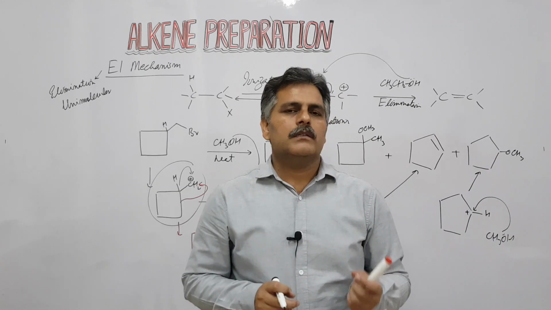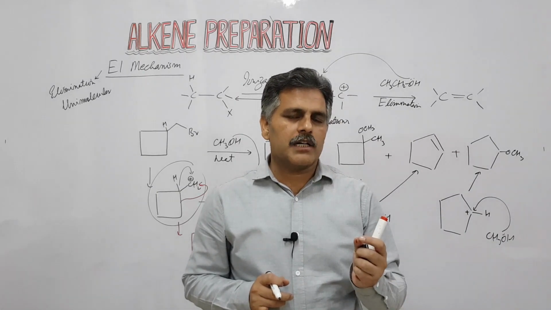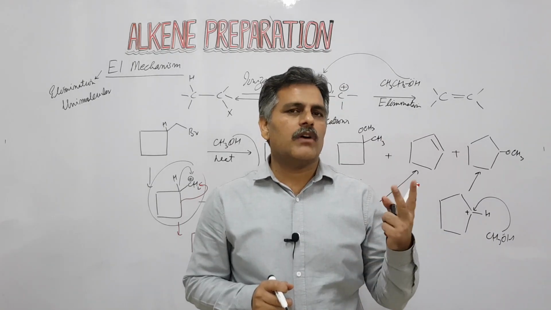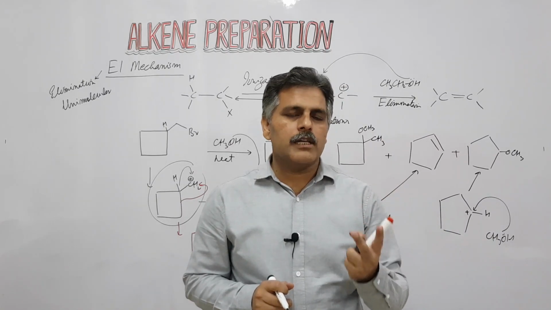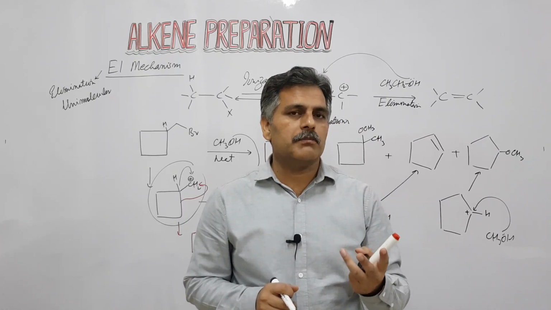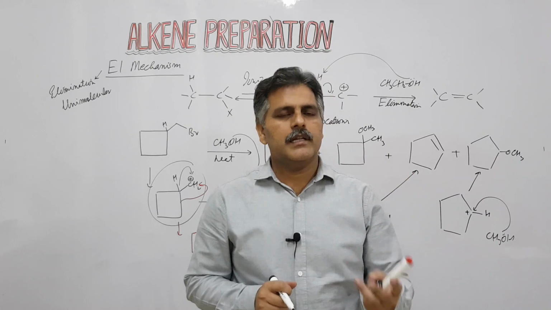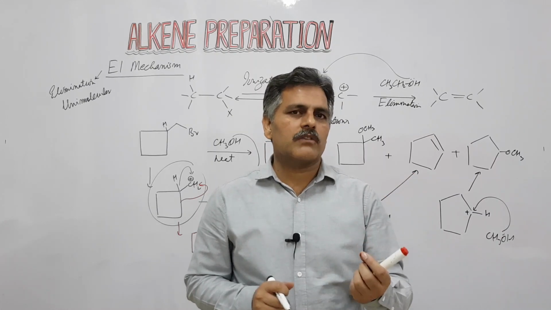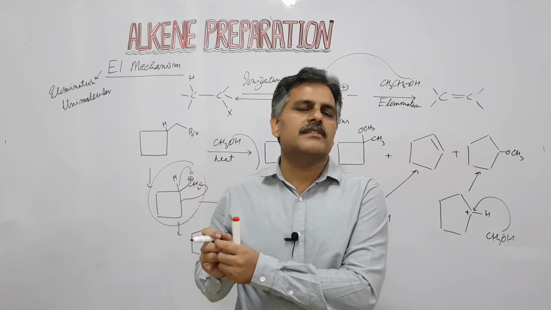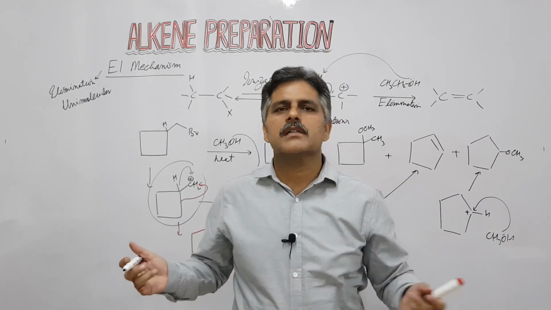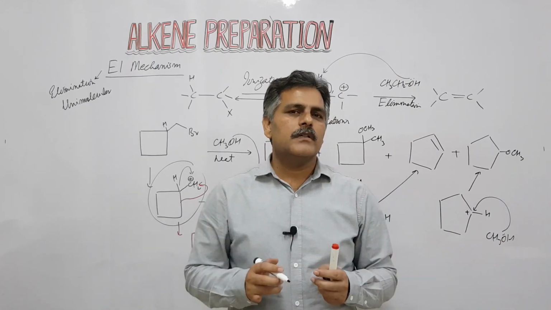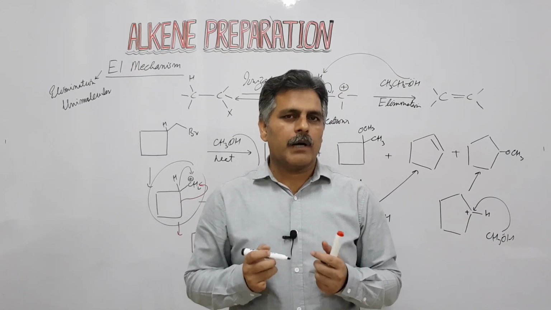So this is all about the E1 reaction. In conclusion, the elimination unimolecular mechanism is a two-step process. First is the formation of the carbocation and second is the formation of the product. So products form by elimination reaction and also by substitution reaction, because there is competition between elimination and substitution, and also multiple products are formed by rearrangement of the carbocation. This is why E1 reactions are normally not used for synthetic purposes, but they are used to study carbocation chemistry. This is all about the elimination unimolecular mechanism.